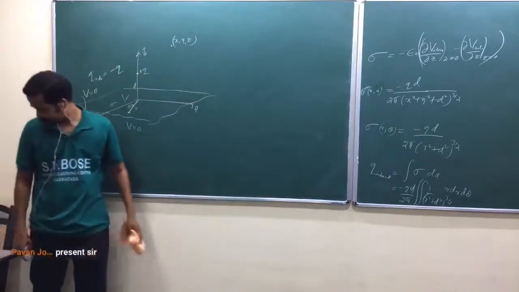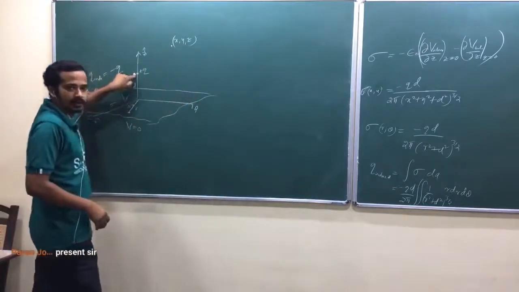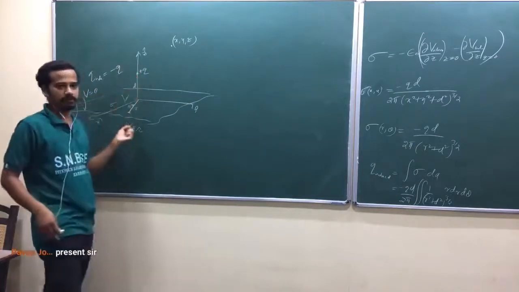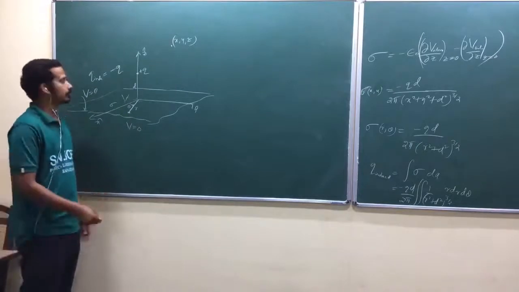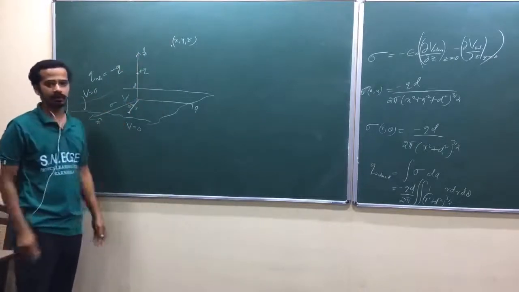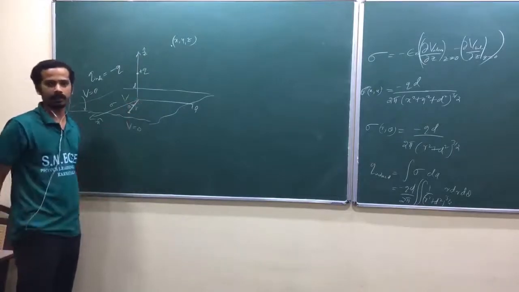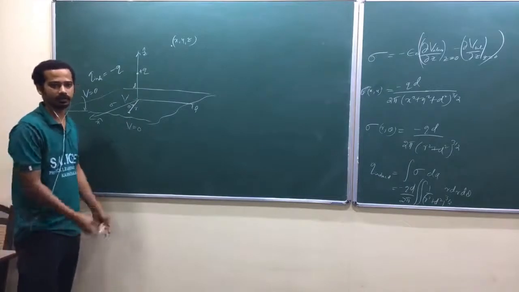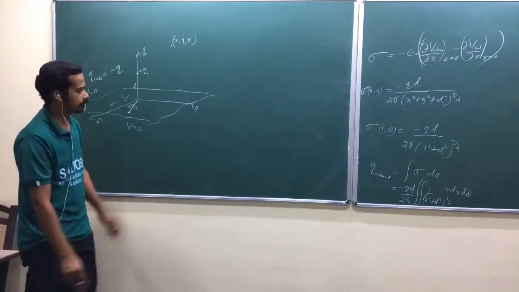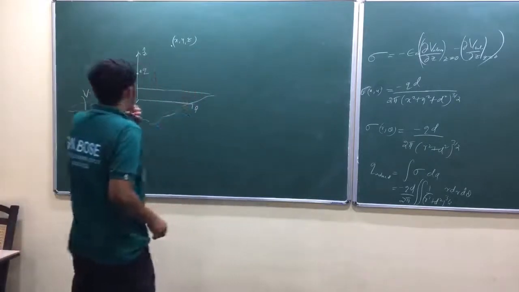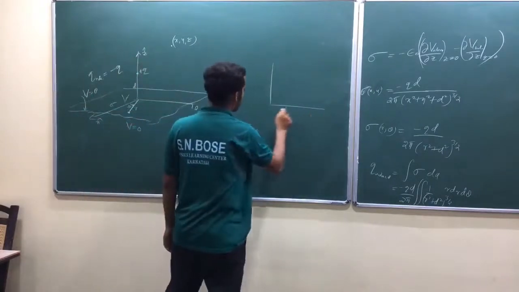Force and energy. So, how do you find the force on this charge? Definitely, because of these negative charges, it will try to grab that one, isn't it? If you leave that one, it will hit that one. There are questions like that. When you leave the charge with some velocity, when it hits the plate, what is the velocity? You have to use conservation of energy: initial potential energy, final kinetic energy. So we shall try that one later. Now look here. We can find the force using the image configuration. No need to worry.